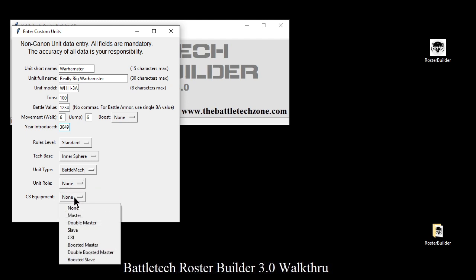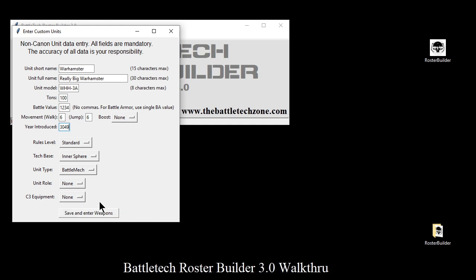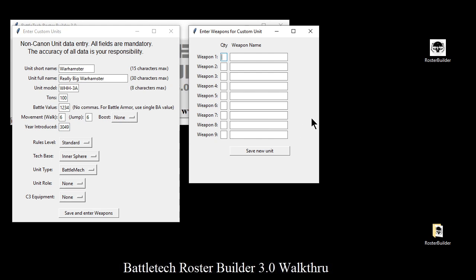And we also have C3 here. Master, double master, slave, C3I, boosted master, double boosted master, boosted slave. So if you've got C3, that's where you put it. So now we're going to save this part and we're going to enter weapons. And here's where you put the quantity and type. If you have 3 PPCs in it, well, we'll say 2 PPCs. So 2, and then ER PPC, and we'll say 3